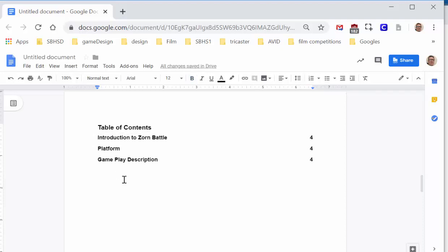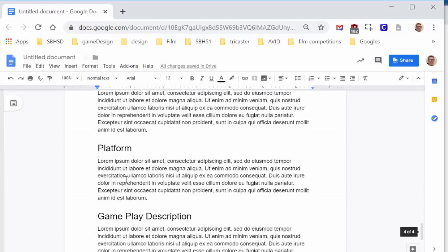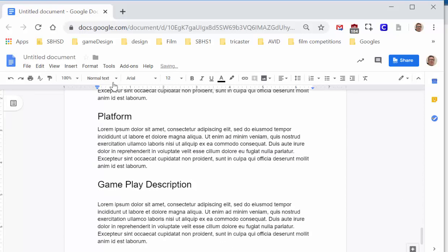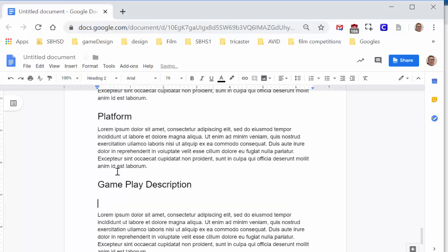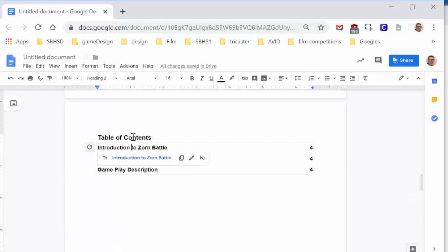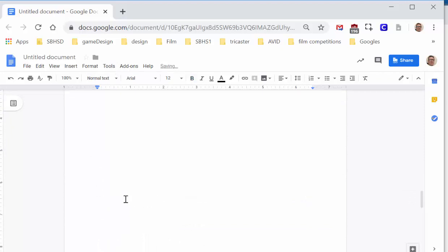Now it will make smaller sections. So if I have gameplay description and then I have a subtitle to this, which is going to be heading 2, and I'm going to say player movement. I can type. I got this. Movement. Now, when I go back to my table of contents, it's going to have a section for that piece. So player movement,